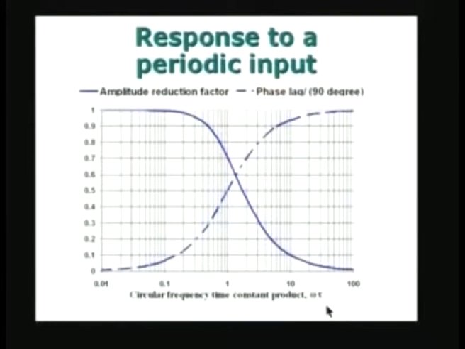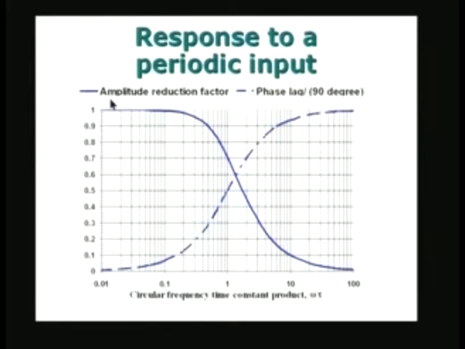The important parameter which is going to play a role in this particular case is the product of omega, the circular frequency, and the time constant tau, omega tau product. Of course, omega tau product can go from anywhere from 0 to infinity in principle, that means very small values to very large values. If omega tau tends to 0, obviously it is like steady state, there is no variation with respect to time, and when omega tau tends to infinity, that means that the input frequency is very high or the time constant is very large, one or the other.